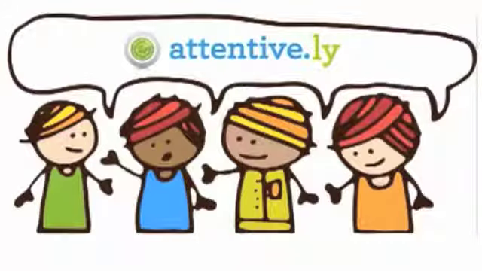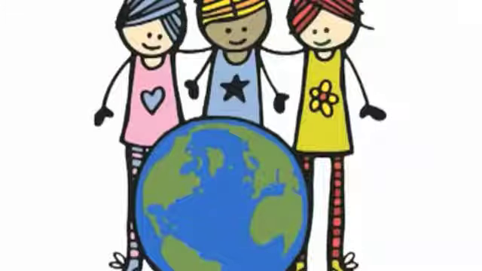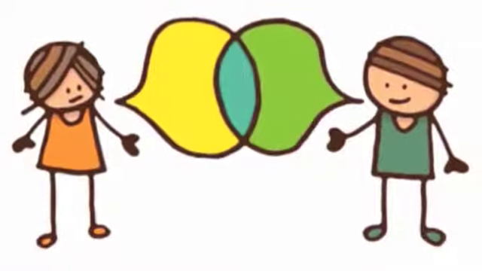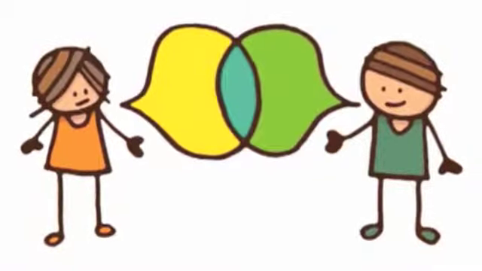That's why we built Attentively. We start with your email list. Then we look at what your donors and activists are doing and saying online, so you can spend your time effectively, communicating with your most well-connected supporters, and deepening your connections with donors so they're inspired to give more often and more generously.